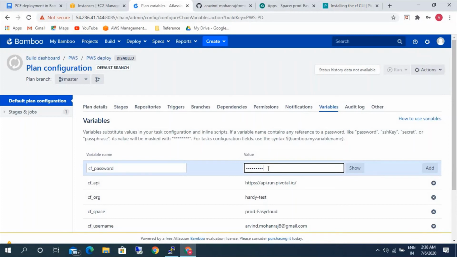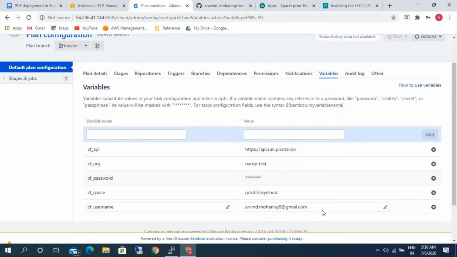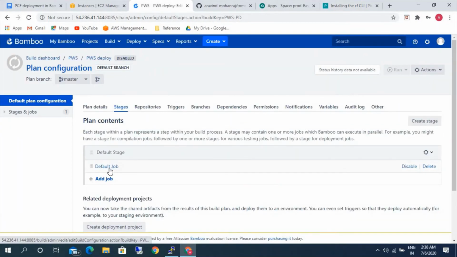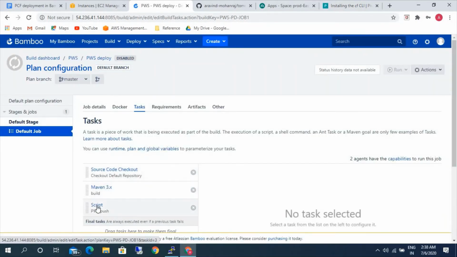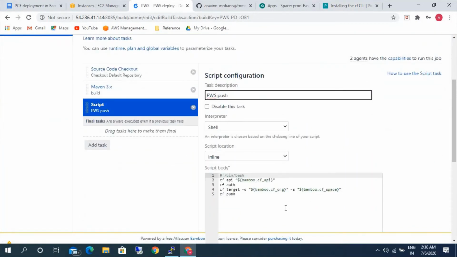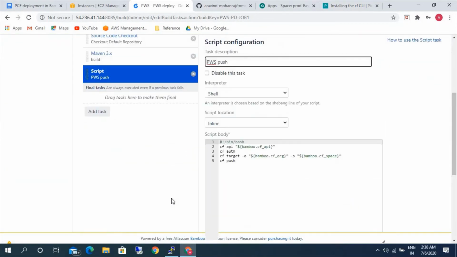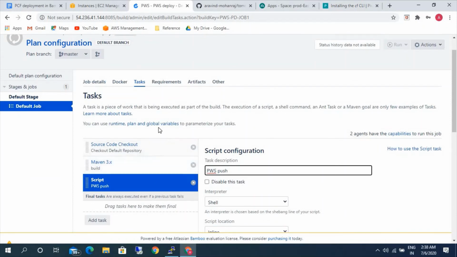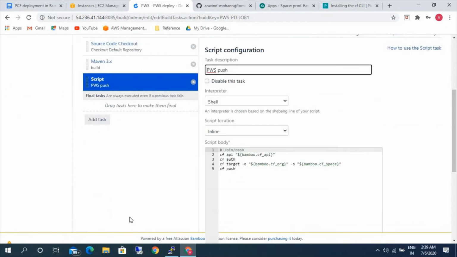So this will be hidden, the password. It is always good to give it as an environmental variable. In case there are any changes, we can directly make changes in here, and there will be minimal changes in the script and the code. That's the reason we are giving it as an environmental variable here. Okay, so we have created the task.